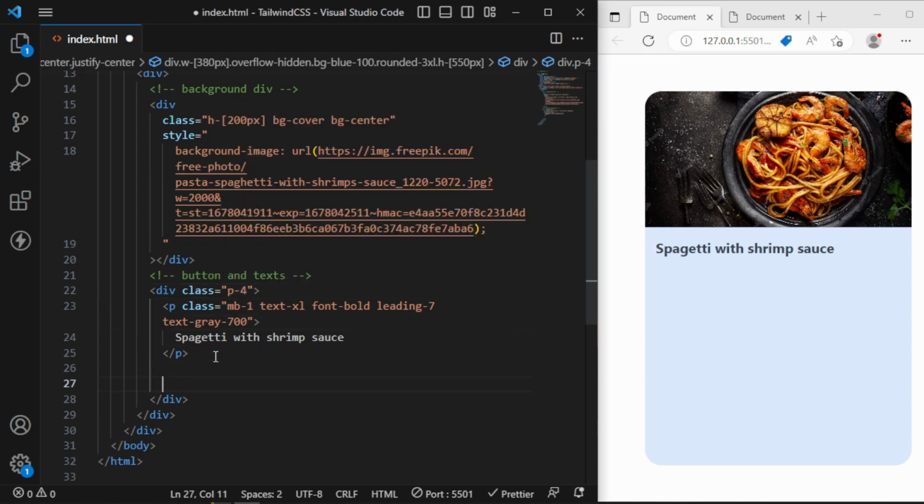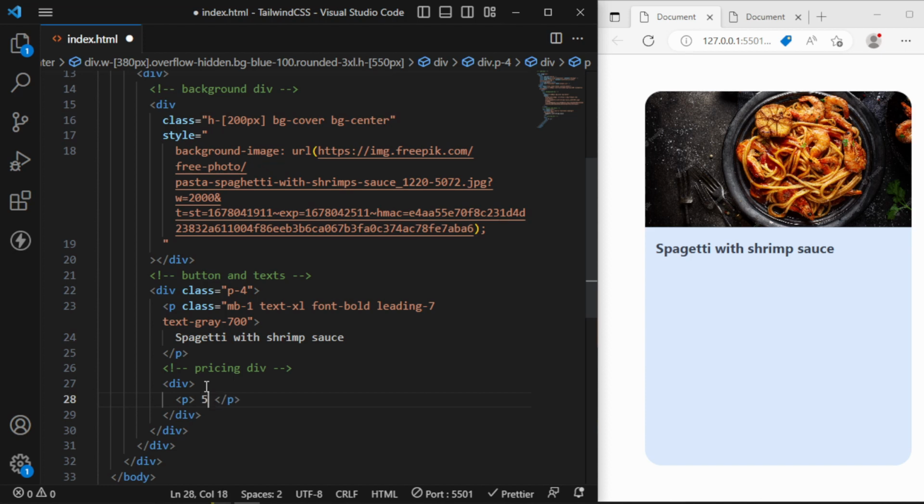I'm going to add a div. It will be the pricing div. Last price was $10. New price will be $5. If you save,